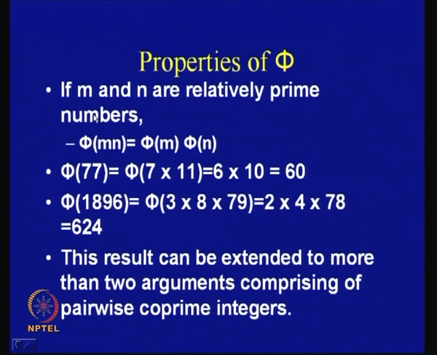Okay, so there is a result which says that if m and n are relatively prime numbers, then phi of mn is equal to phi of m multiplied by phi of n. So phi of 77 will be in this result. If I factorize this as 7 into 11, it will be equal to phi of 7 multiplied by phi of 11